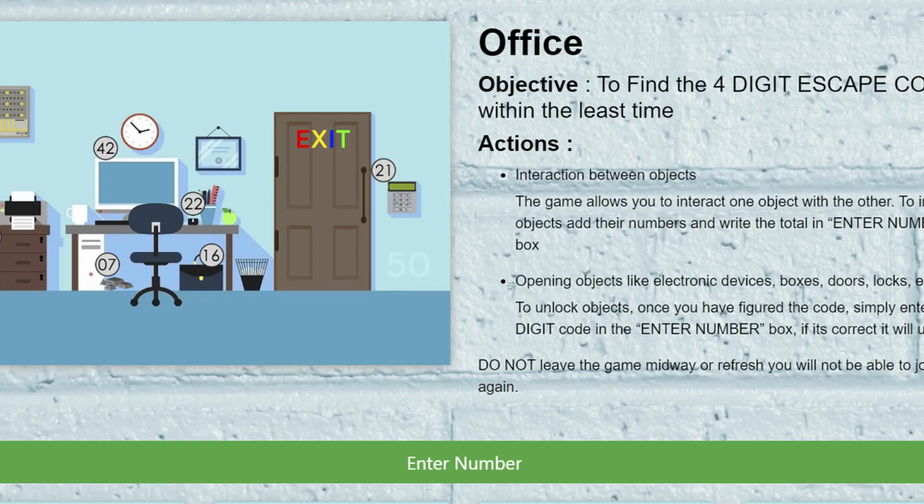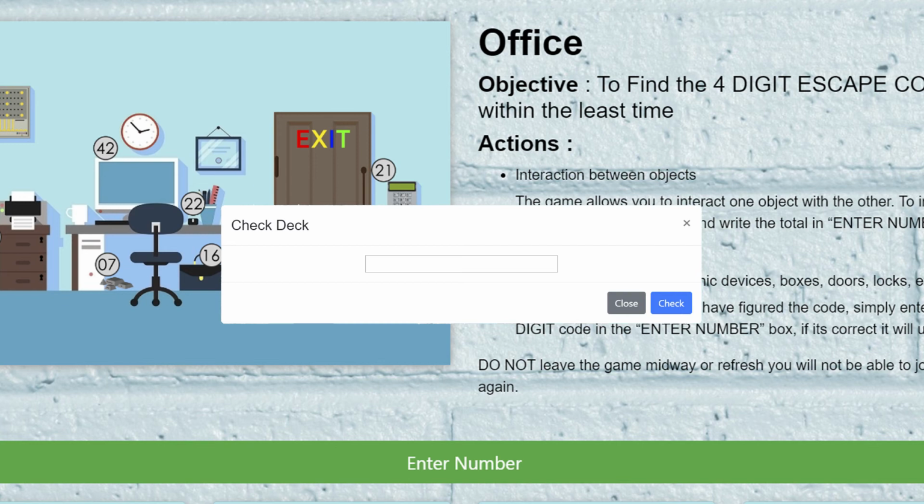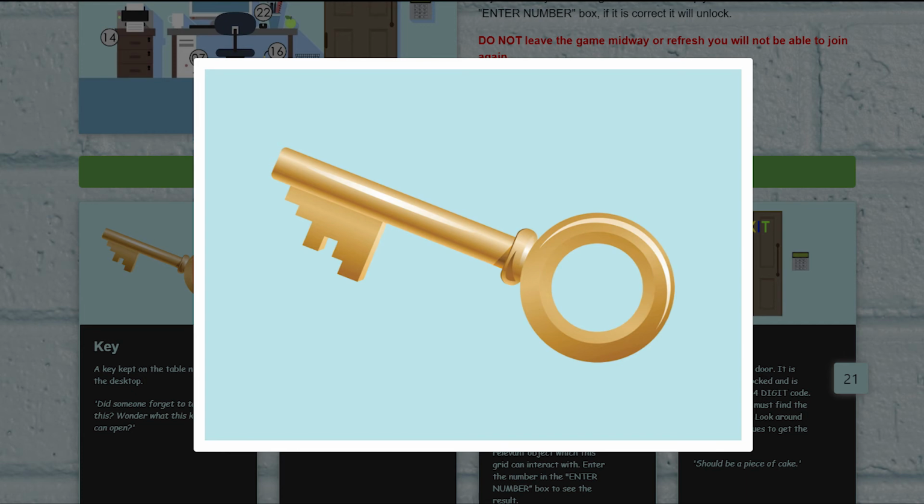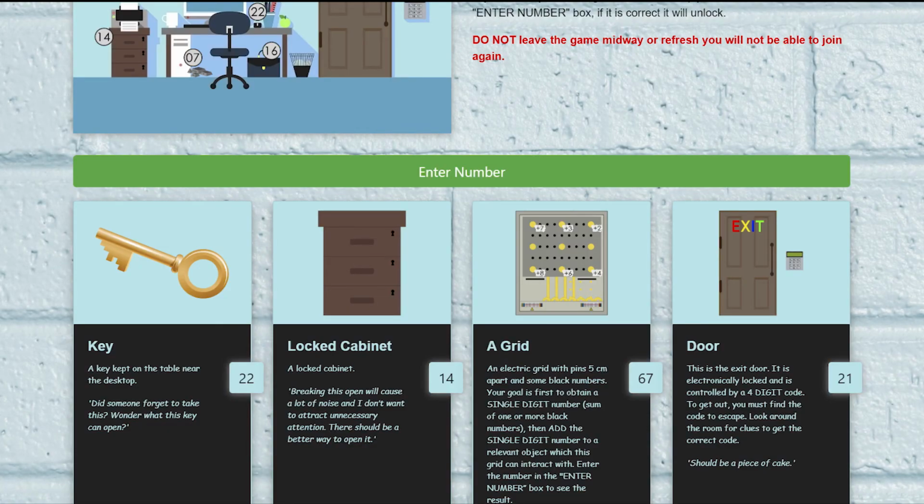As a third action, you can discover hidden numbers in the pictures. If you discover any 2-digit number in any of the pictures, you need to click on enter number box, punch in the 2-digit number, and the respective card will get revealed. In the game, if you want to examine any picture closely, simply click on the picture and the picture will zoom in. Once you've examined, click anywhere outside the picture and the picture will zoom out itself.